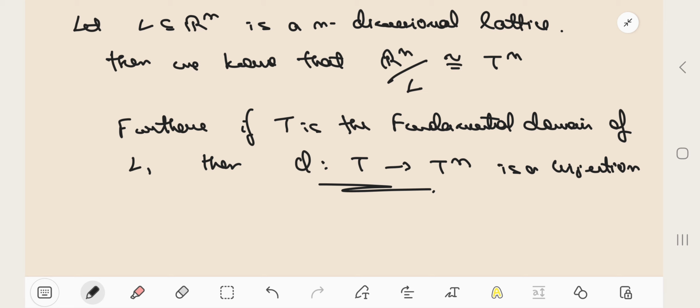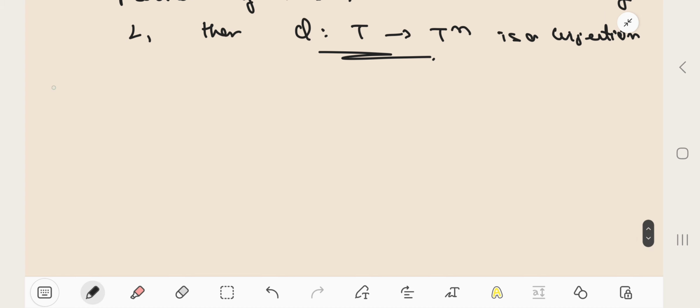Okay. So when I restrict that to T, I will get an injective map, because in that case the kernel will become 0. Clear? So this leads us to the following definition. For all x in Tn, whenever I choose a subset of Tn, or rather you can think of it as a region from Tn, we define